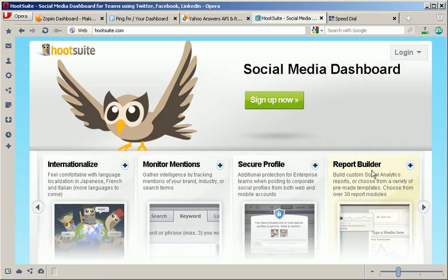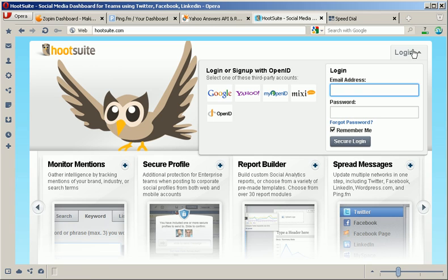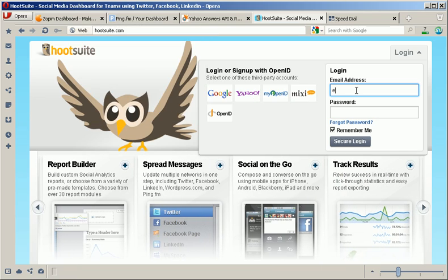Finally, I have report builder, again, social analytics. You'll go through your entire list, your entire campaign essentially, and report back information: who clicked, what's happening, what's getting more page views. Very, very useful, very great. So let's log in for now. It supports OpenID, so you can essentially log in with Google, Yahoo, or any other OpenID service, Facebook, that kind of thing. I'm at